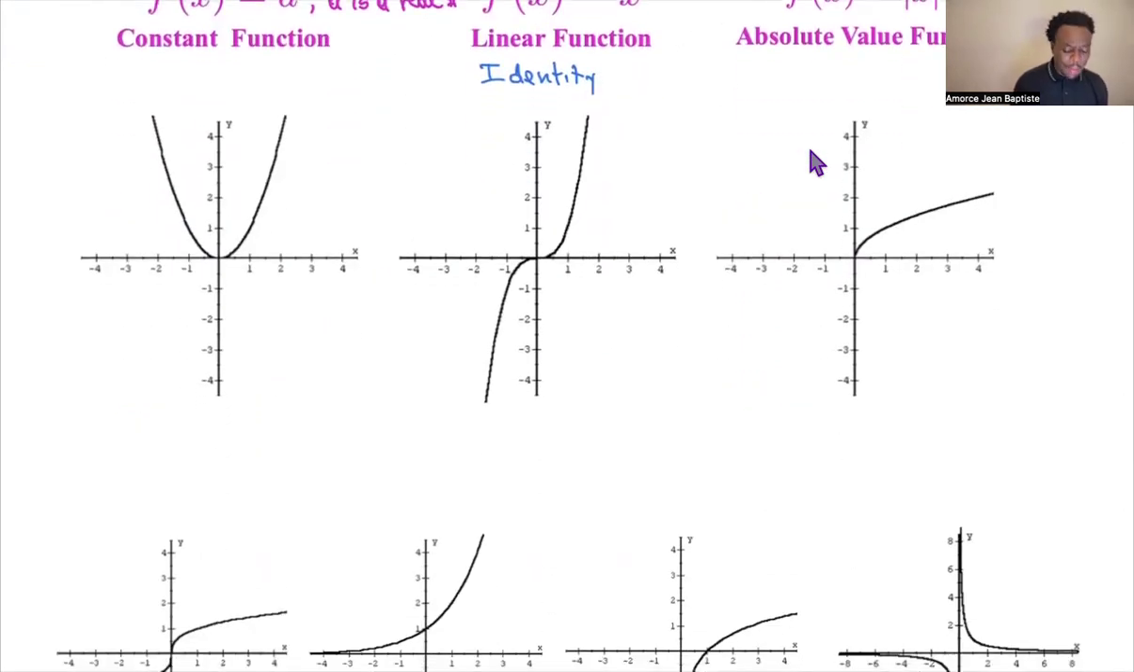Next is this parabola. Parabola has a U shape, and the basic equation of the function is f of x equals x squared, with the name quadratic. So quadratic functions have the equation f of x equals x squared. Whenever you see a square present, no matter what transformation happens on the inside, on the outside, inside and